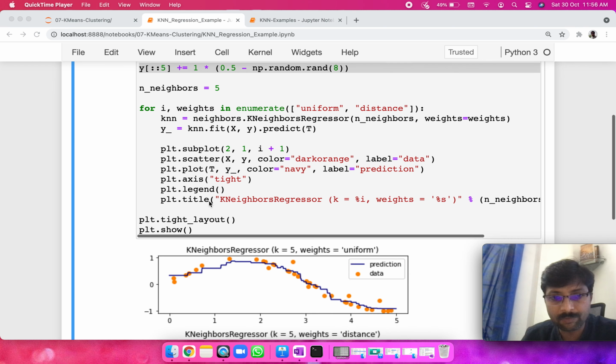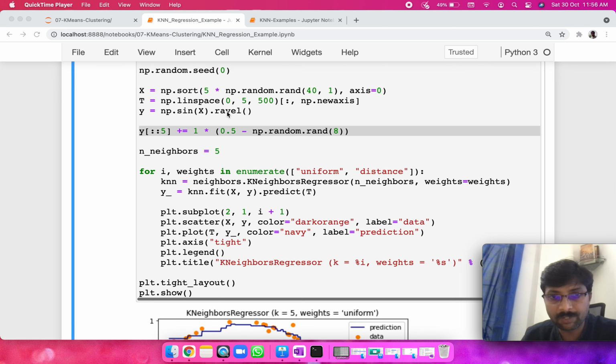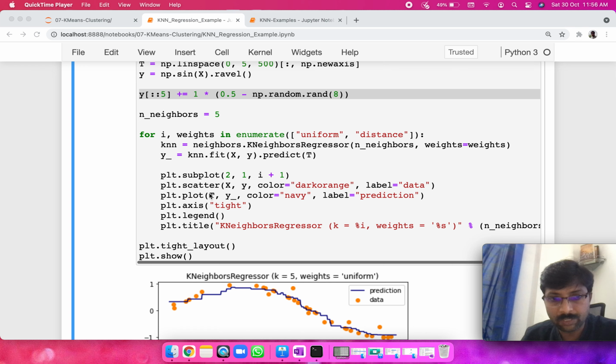And in the next step we are plotting the predictions, right? Predictions also have the x value t. Remember, we have 500 samples which are the x values, and the predictions are in y hyphen. So we are giving the testing x values and the prediction y values here, and we will use a different color. We'll plot it on the same graph, now with a navy color. So you can see that this navy blue line that came out here is representing the predictions, right?